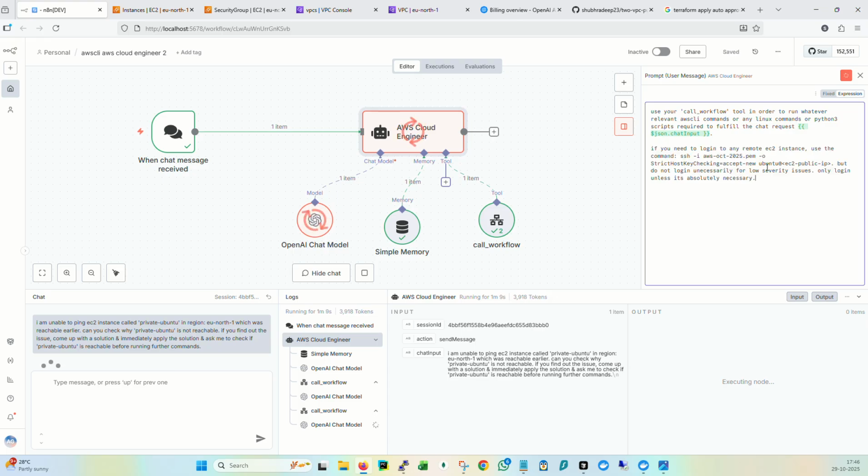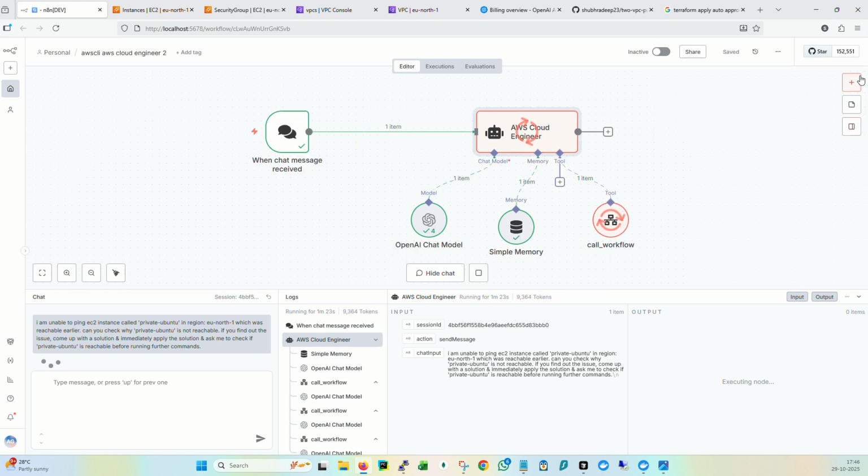If you need to log into any remote EC2 instances, use this SSH command to log in to a remote EC2 instance. But do not log in unnecessarily for low severity issues. Only log in if absolutely necessary. Okay,